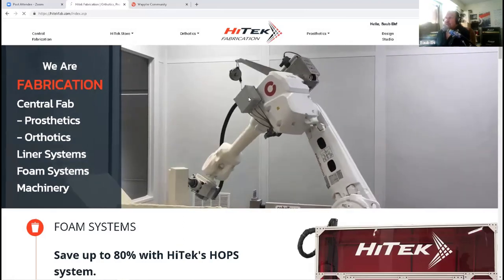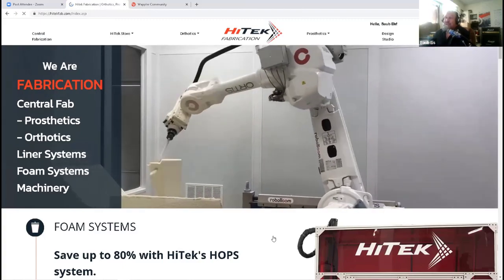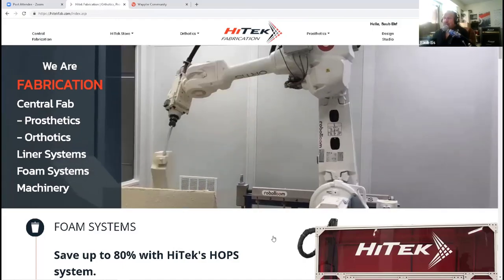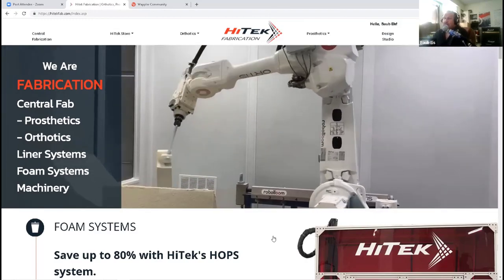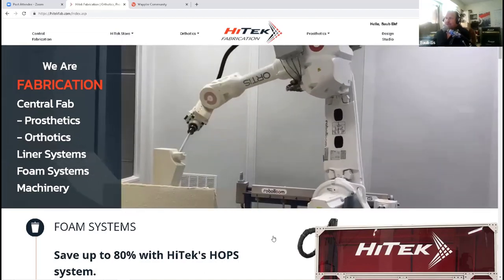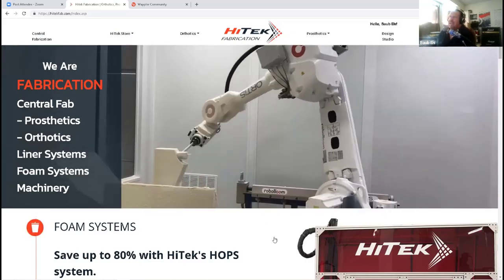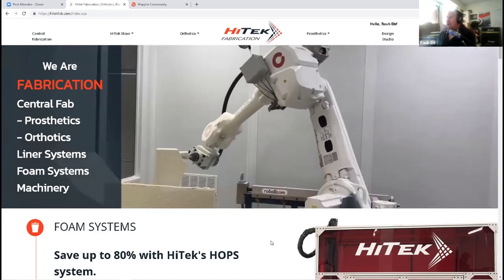All right, so that's the giant robot that we have. Basically, the doctors make scans, and from those scans these foam pieces are created, and then plastic is melted over those parts to create the brace or whatever it is. So that's kind of what it does. And really, we're not going to look too much at the site today. We're just going to look at the back end, how the ordering system works and how everything's tracked.